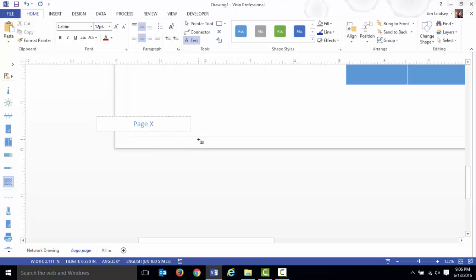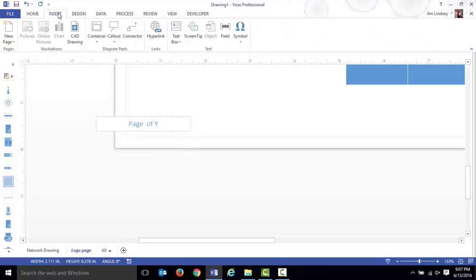Basically what I want is I want page X of Y. And what I'm doing is I just literally typed page X of Y. But what I want to be here is whatever page of the drawing this is. So let's say it's a 5-page drawing, and this is the second page. I want it to say page 2 of 5. That's what I want to be here, right? So with that in mind, I'm going to take that X out, and I'm just going to go to the Insert